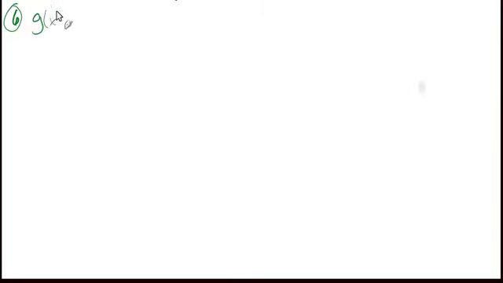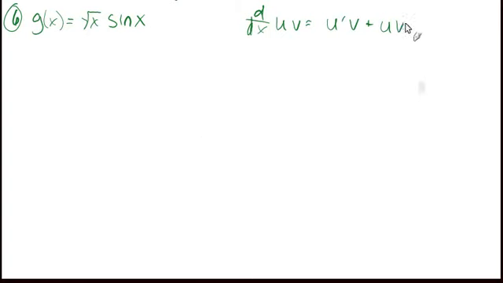g of x is equal to the square root of x times the sine of x. And this one's a little trickier. These functions are a little weirder looking. Trig functions are always intimidating, but it's the same thing. The derivative of a function times another function equals the derivative of the first times the second plus the first times the derivative of the second. So g prime of x is equal to,